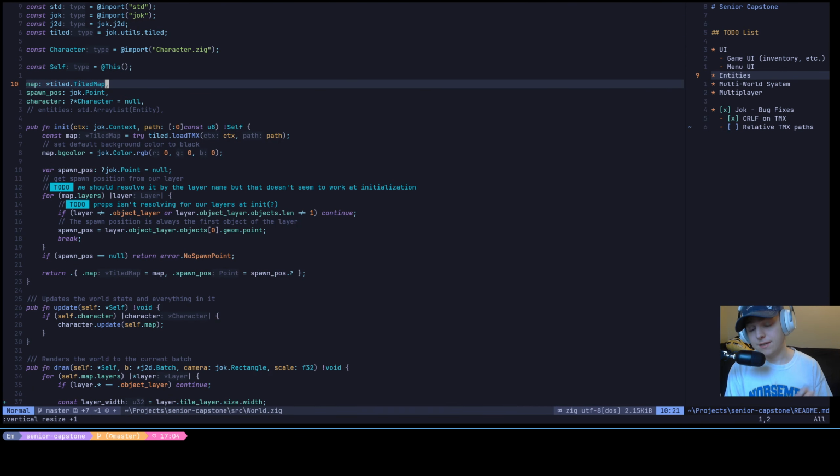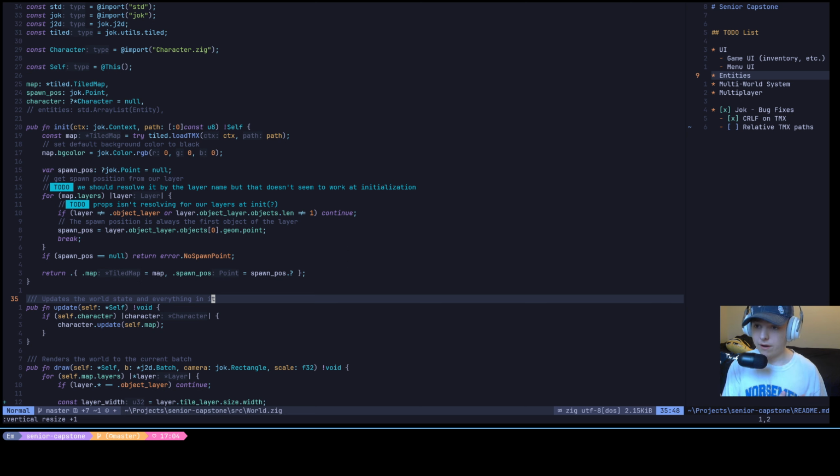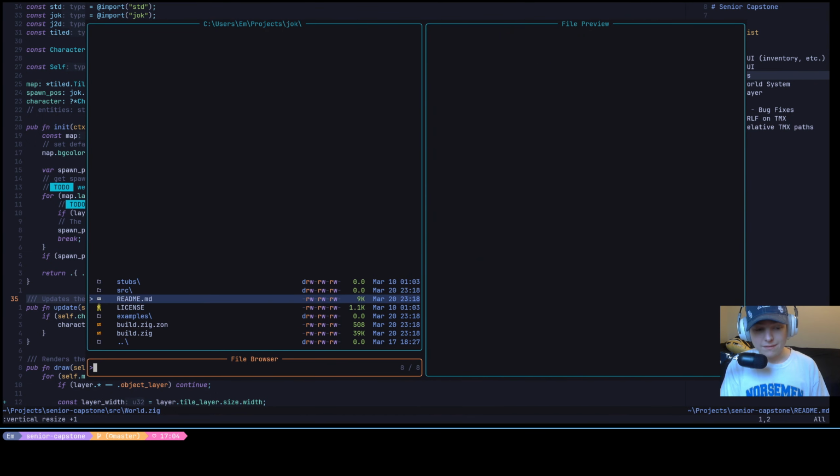But the thing we really need to fix is I made a pull request for the framework that I'm using named Jock, and Jock has this issue where if you have a file and that file says, "Hey, can I have another file?" and that file is not in the same directory, it would error out. And so I submitted a pull request to Jock to say, "Hey, let's fix this." Now, the one thing I left out of it, that I need to fix,